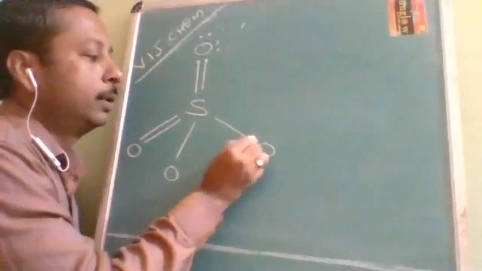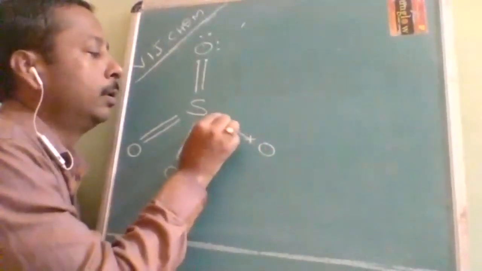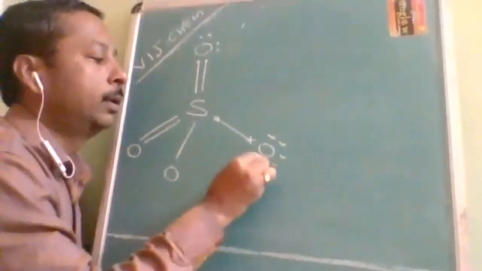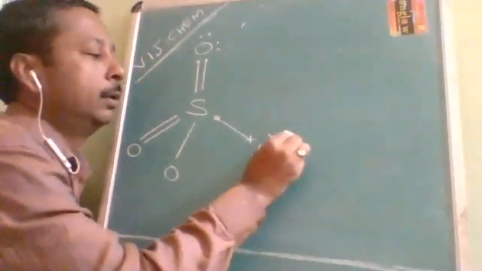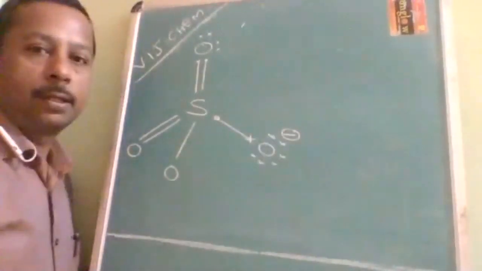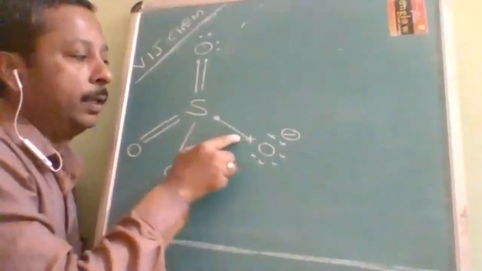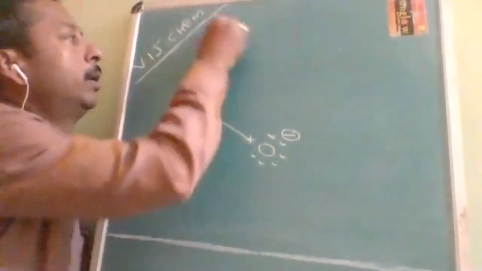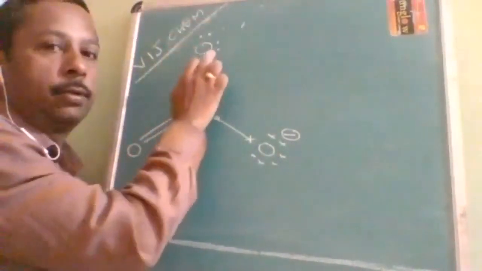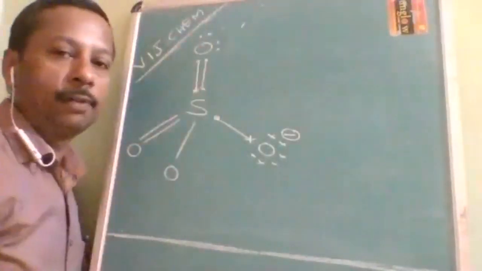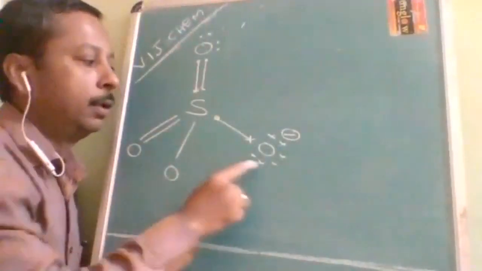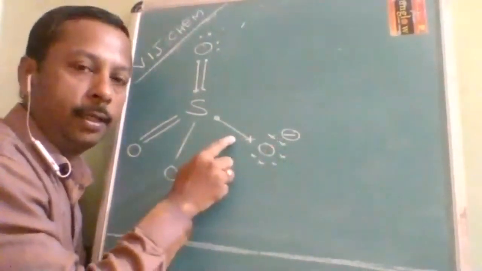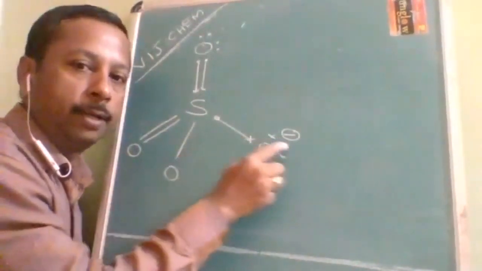This oxygen is having one electron in the bond formation. That means it is left over with how many? There will be 6 more electrons, so that means it will be a negative charge. To get one bond pair, how many lone pairs? 3 lone pairs, to complete its octet. Here also it completed its octet, by two bond pairs and two lone pairs. So the formal charge is how much? 0. Now here 3 lone pairs, 1 bond pair. You can cross check with the previous one: 3 lone pairs, 1 bond pair means -1 charge.